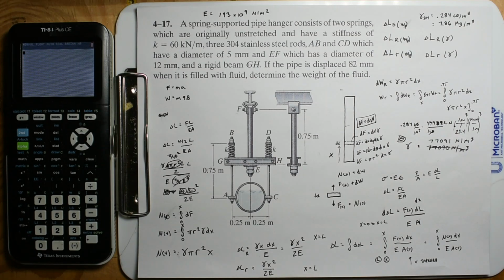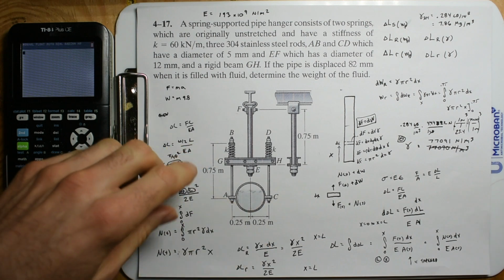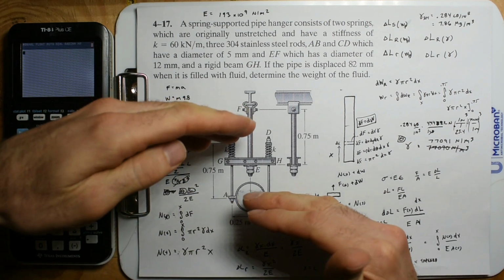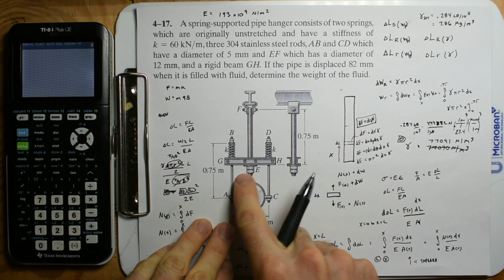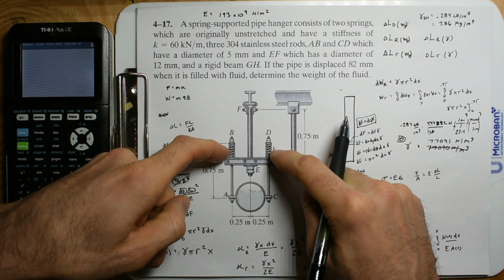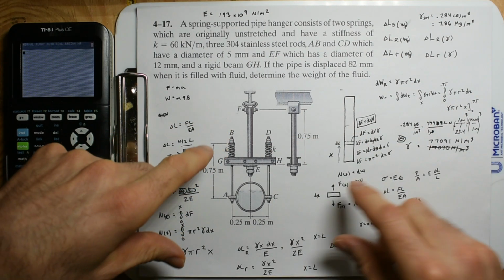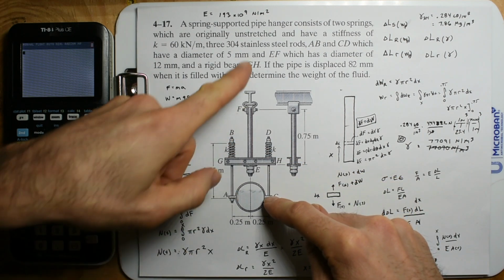Alright. So this is a material mechanics problem where things stretch out. These springs compress, and so when water is in the pipe it displaces. The original location of the pipe might be up here, you put water in it and it lowers because these springs are compressing. The other thing that happens is that these rods are made of steel, stainless steel,